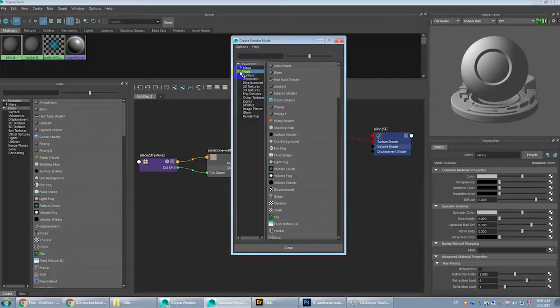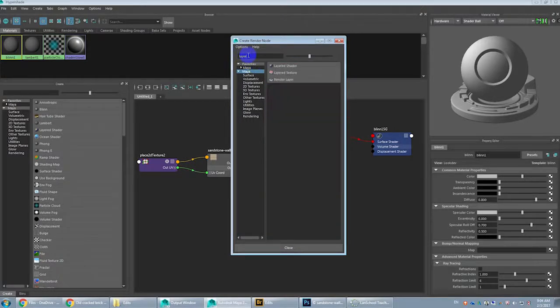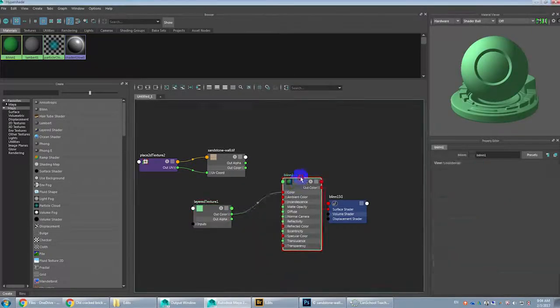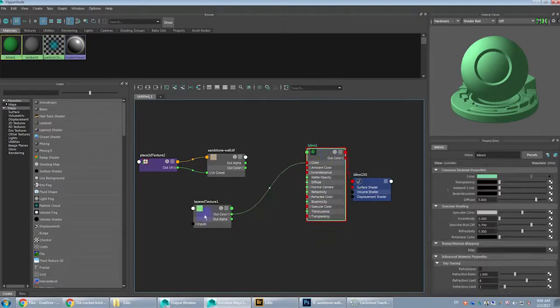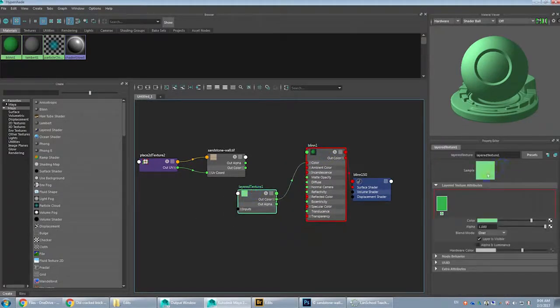And if you just hit the broader Maya category, it shows you every single kind of specific node that you might want to use. And you can do a search as well. So you can go layered, there's layered shaders, there's layered textures, and then there's a render layered node. In this case, I want layered texture, not shader. So you see now that that kind of feeds into the color, and the color's green,